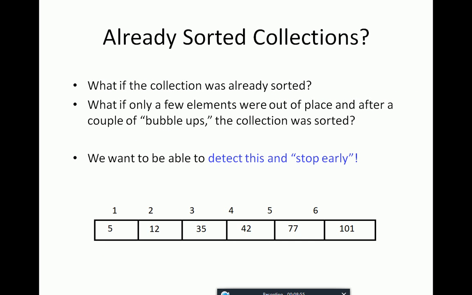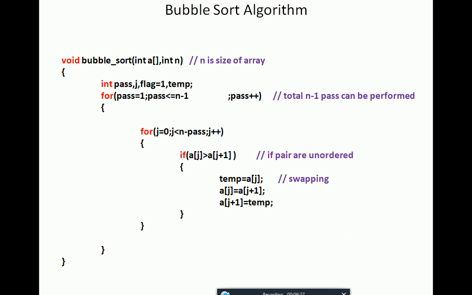But what happens if the data is already sorted? In bubble sort, we can improvise the previous algorithm that we have discussed, and we can stop a little early. Let's suppose after pass 2 our data has already been sorted, so there is no need to perform pass 3, no need to perform pass 4. In any pass, if the data is sorted, there is no need to perform any other pass. Always remember this. But if we use this algorithm, it will always work with n minus 1 passes. It will never check whether the data has already been sorted or not.